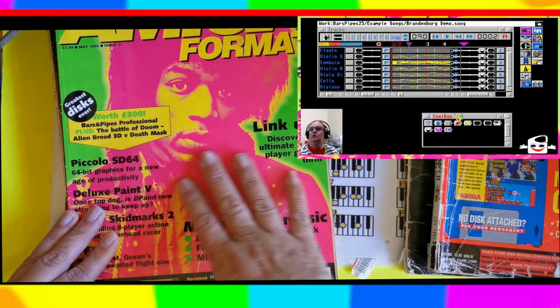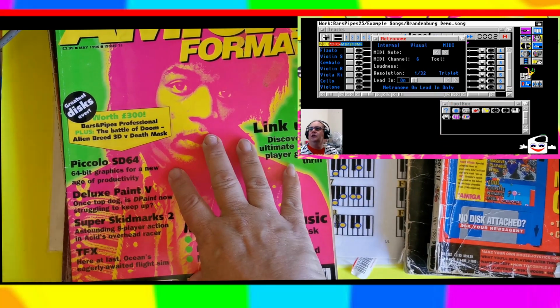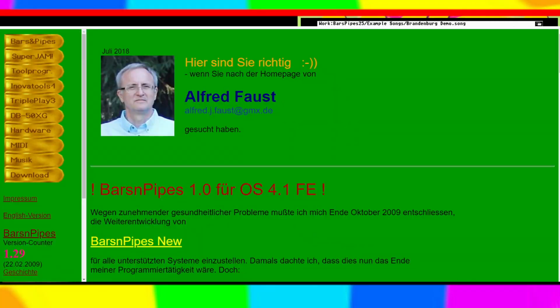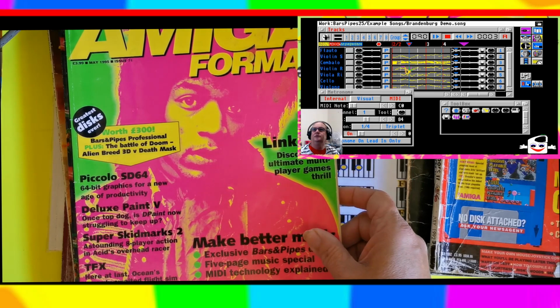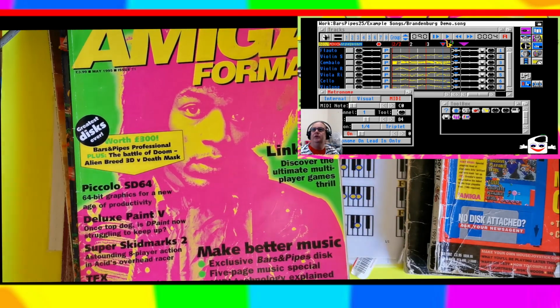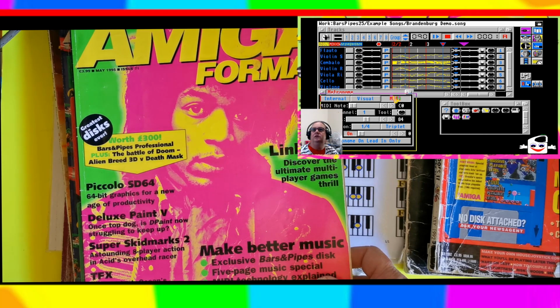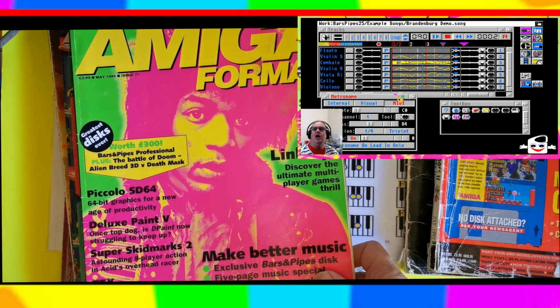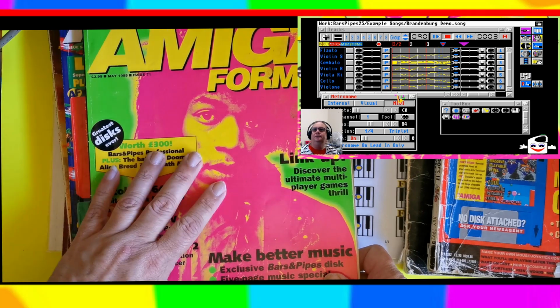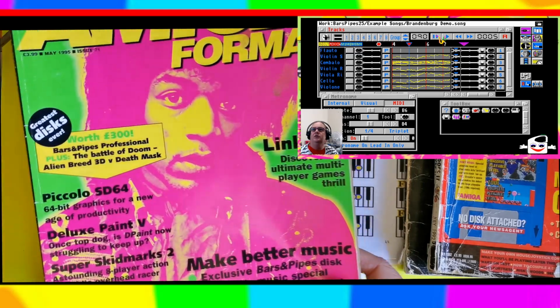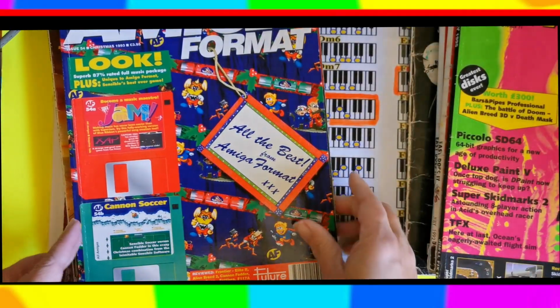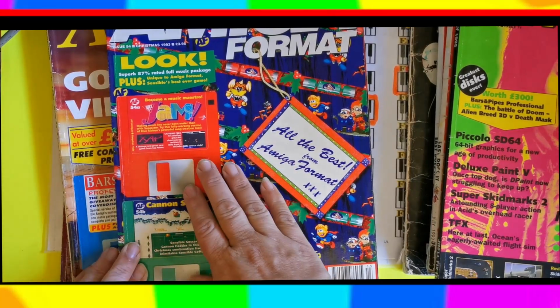Bars and Pipes Professional is still being continued by some very amazing people. There are still updates being released for this software from May 1995. It's been ported to Windows and to a lot of different computers. And like on archive.org, there's a torrent that's got everything that can come with this program, going back to the hybrid style program Super Jam.